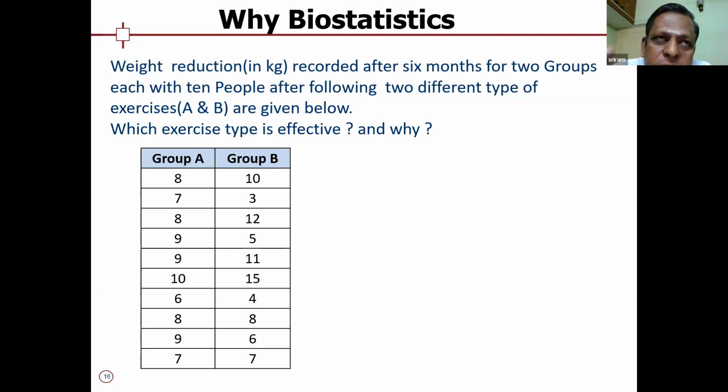Because it considers the variation. Variation is the key here. It considers the variation of group A and group B, and based on the variation, even though the average is the same, group B has got higher variation. Group A is better, even though the average is the same. You can get that conclusion if you analyze this statistically. But you have to analyze that statistically to get that conclusion. So that is very important.